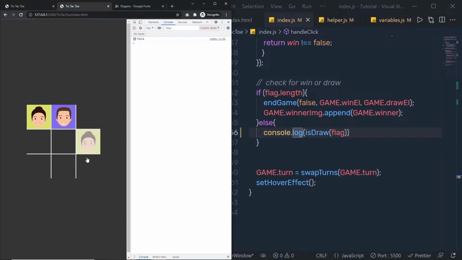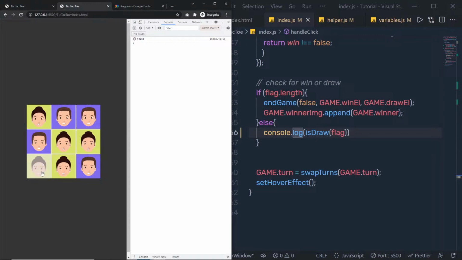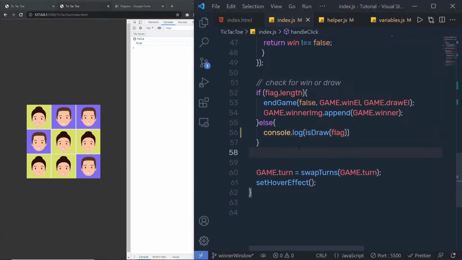You can see we have false values. Now, as you can see, when I fill all the cells, it's going to return true. That means this would be the draw match. No one is the winner of this match. So once you know that this function is going to return true when there is a draw, we can grab this,